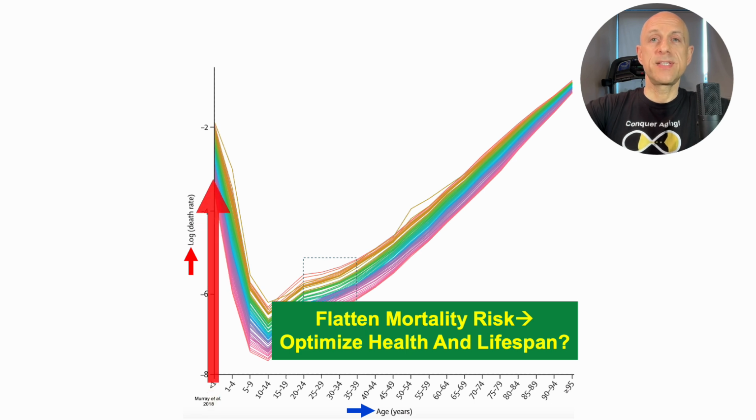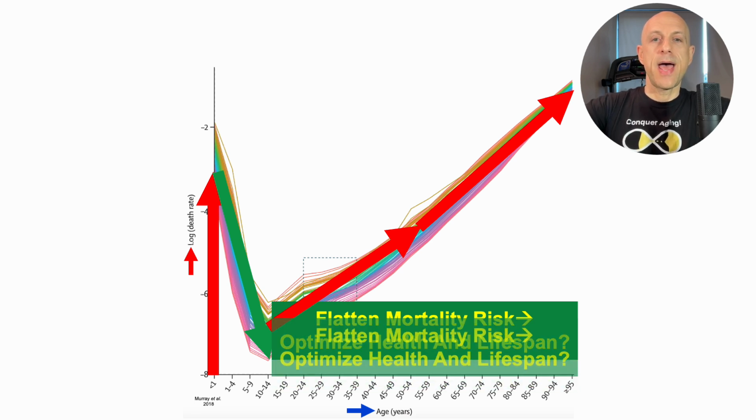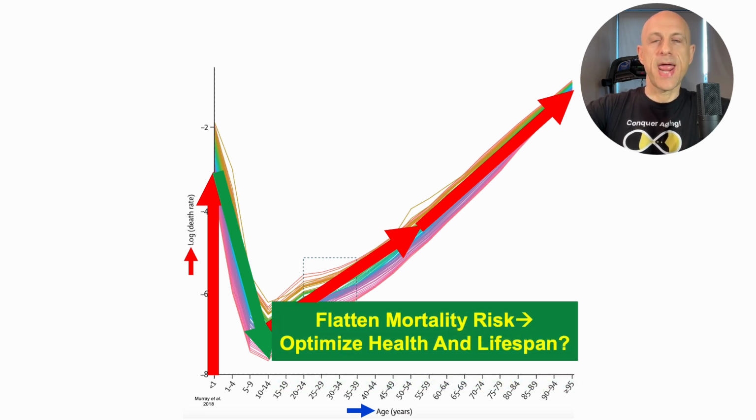And what we can see is that the death rate in newborns up until 1 year old is very high. And then death rates decline, such that the lowest risk of death for all causes is when we're 10 to 14 years old. But then afterwards, death rates close to linearly increase, as shown by the red arrows, as we age. Now, instead of having that age-related increase for the mortality rate, what if we could flatten it such that it doesn't linearly increase for every year that we're alive after 14 years old?